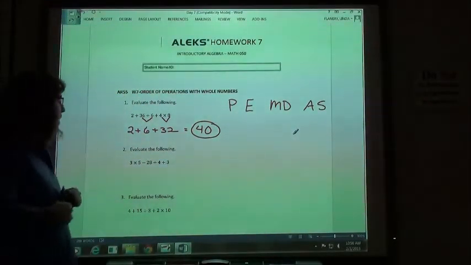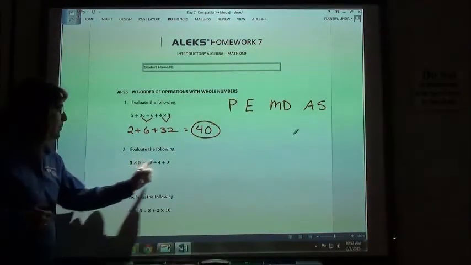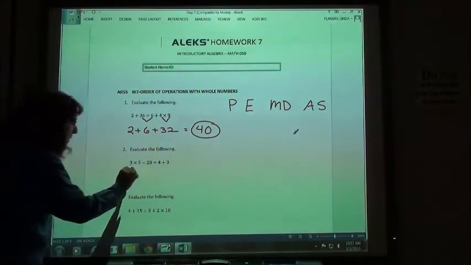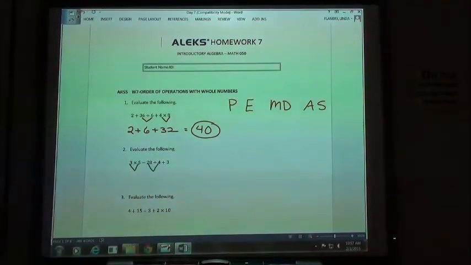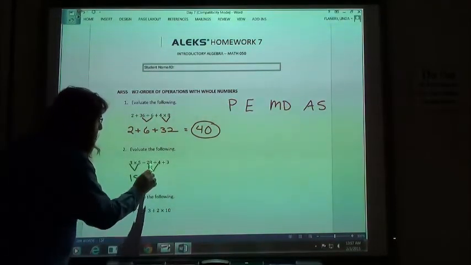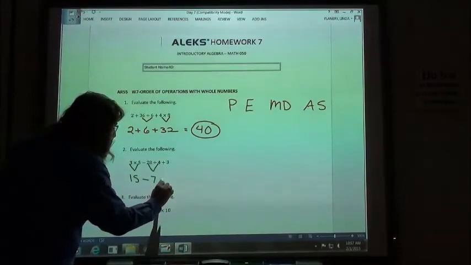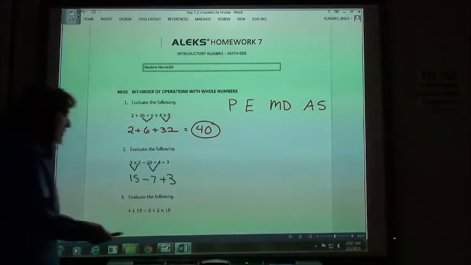So on the second one, following my order of operations. Again, I don't have parentheses or exponents. I'm looking for multiplying and dividing. Here's a multiplying, here's a dividing. So 3 times 5 is 15, minus 28 divided by 4 is 7, plus my 3. So 15 minus 7 is 8. 8 plus 3